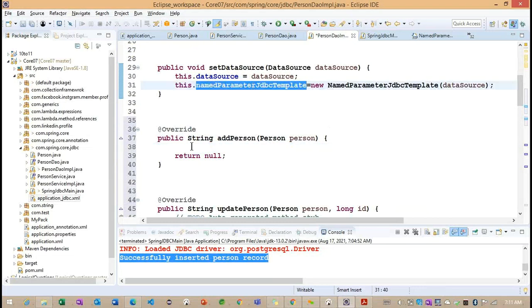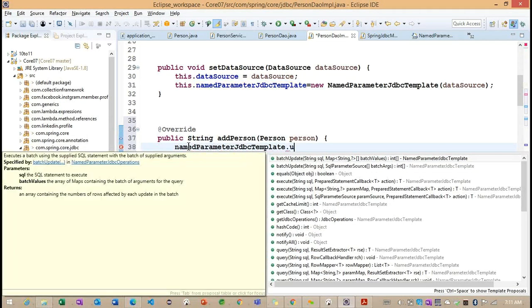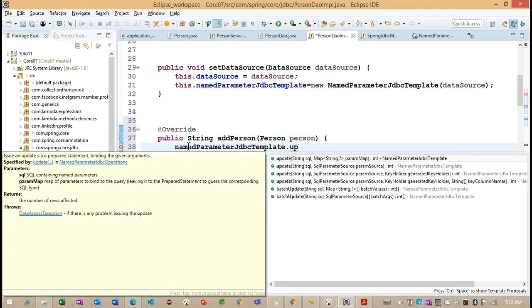To work on add person, we use namedParameterJdbcTemplate.update. If we observe carefully, previously when we worked with the JDBC template, it expected SQL as a parameter and the second parameter as object arguments.